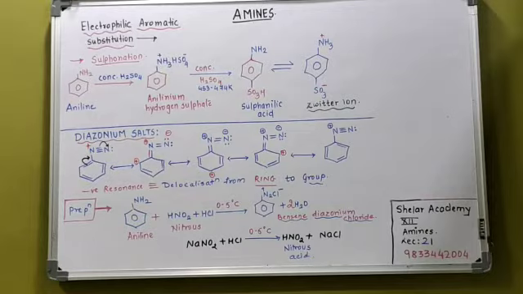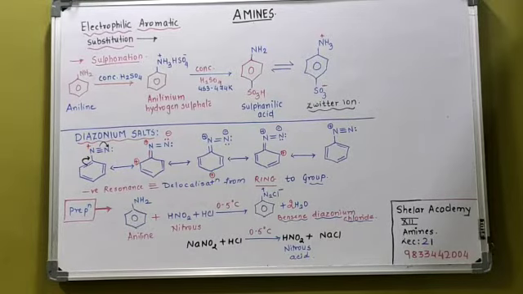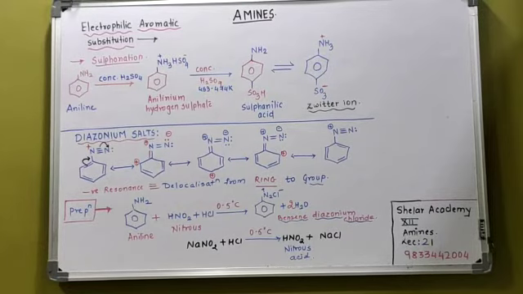Very important thing. The only example in your syllabus where there is an example of negative resonance. Negative resonance, I have written there. What is negative resonance? Negative resonance means the delocalization of the electrons from the ring to the group. In all the others, what was it? What we used to do was from the group to the ring. Now here it is from the ring to the group. That is called negative resonance. Negative resonance. See, you can see.